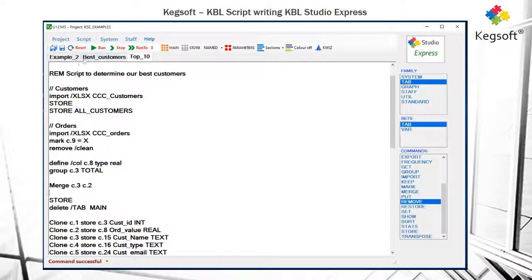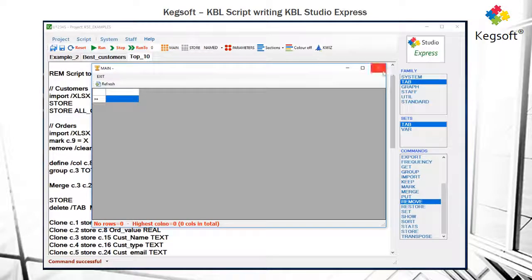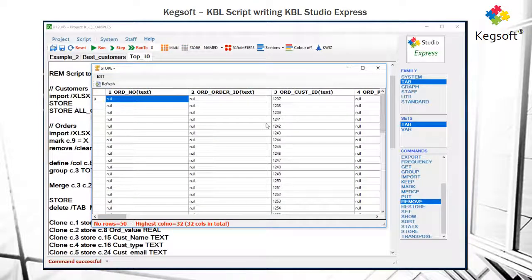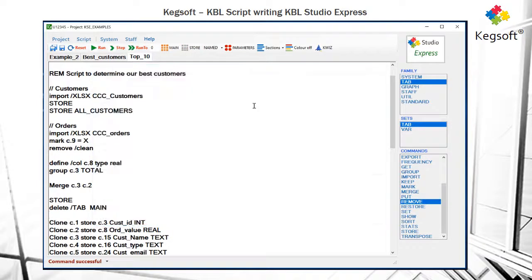Right, so we'll store that information, and we're going to delete main. Now if I look in main, main is now empty. If I look in store, we've got that combined data of customers and orders. Now the reason I'm doing this is that it's rather a large, messy table now, and I'm only interested in